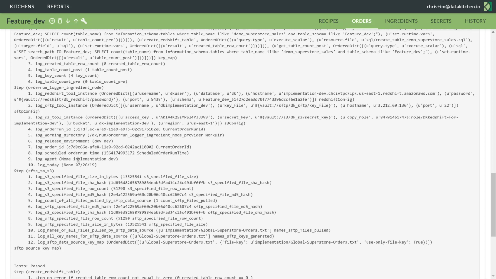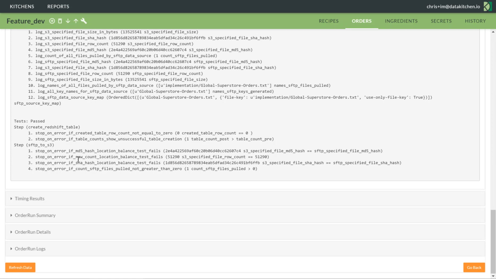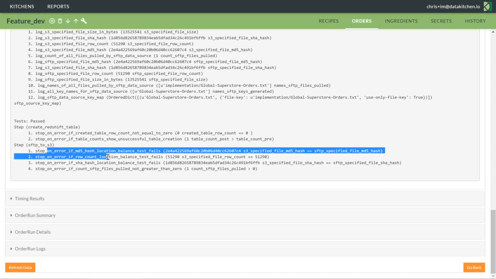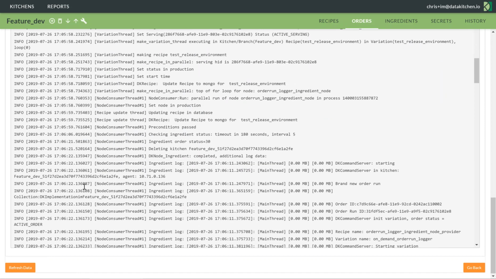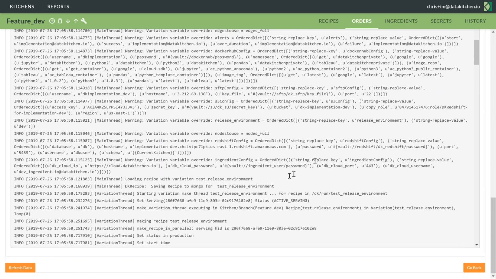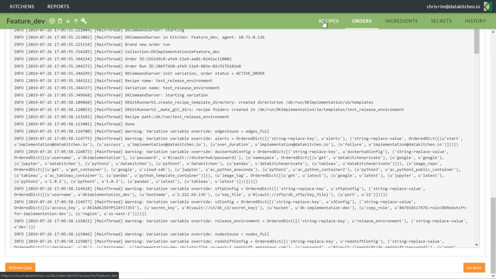Like this is telling me a bunch of things that I can use to understand. So I can understand where things are working, I can understand logs, and then I can look at all the tests that were passed. And we can see that everything works. And even in our order runs, we keep track of all the logs across all the systems so we can understand what's going on. So now I've created this kitchen,